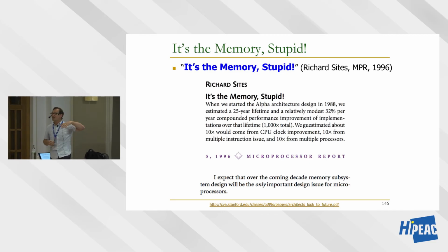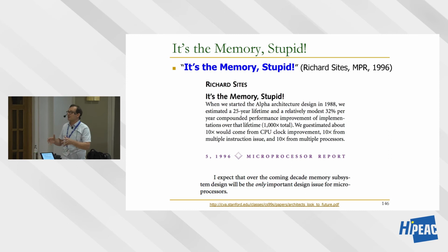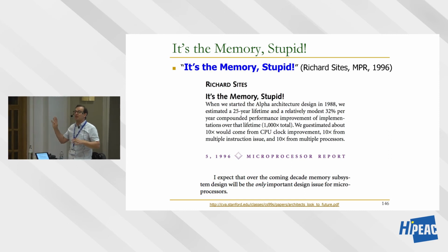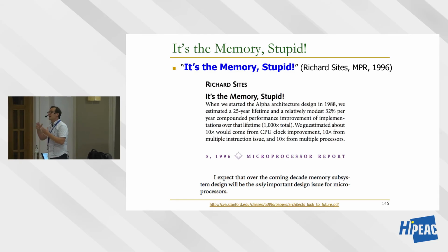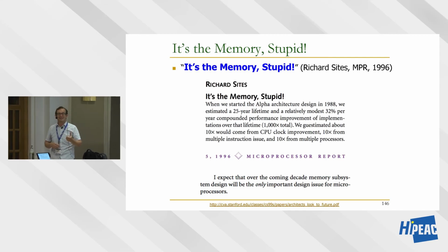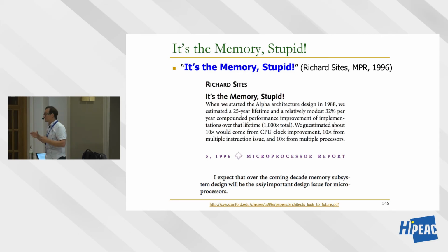After they designed one of the flagship Alpha processors, he wrote this one-page article. I would recommend you to read it. It's a Microprocessor Report. It basically says it's the memory, stupid. It says, we designed this processor, it's beautiful at doing computation. It's capable of finishing 4 Alpha instructions every clock cycle, for a short clock cycle at the time. Unfortunately, on this important workload, multiple database workloads that we think we designed this processor for, it's finishing 1 instruction every 4.7 clock cycles, meaning it's operating at about 5% of its peak efficiency, peak bandwidth, peak throughput.